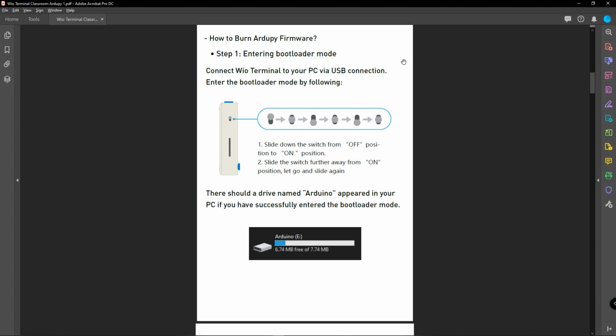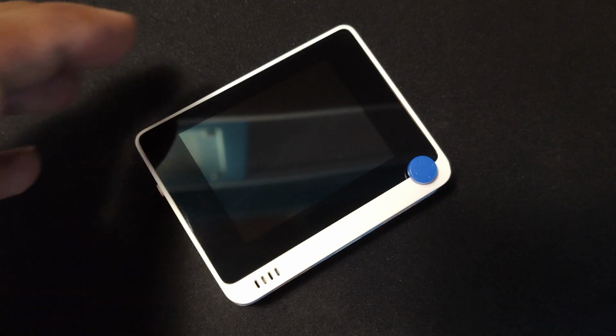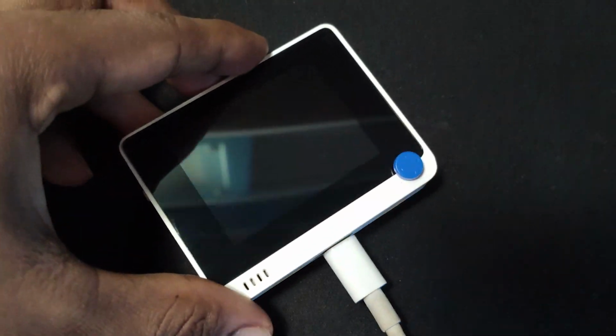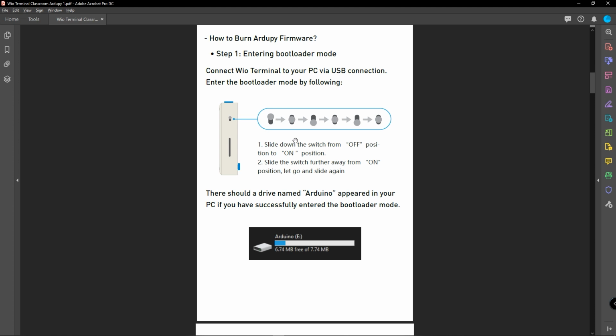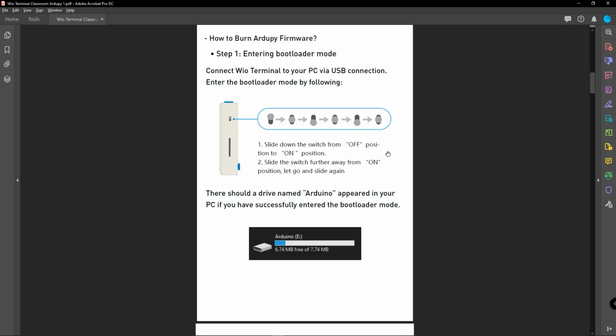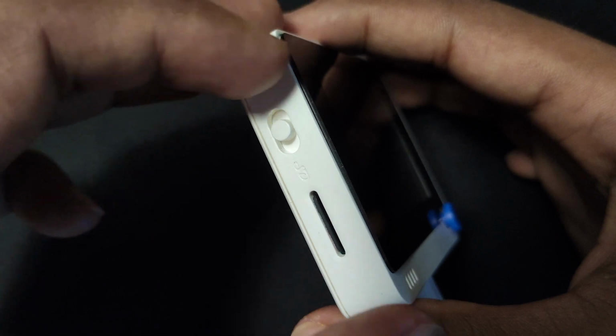To do that, we need to enter the bootloader mode on the Bioterminal. Connect the Bioterminal to your PC via the USB connection and enter the bootloader mode by following these steps. We need to slide down the switch from off position to on position first, and then slide the switch further away from on position, let go and slide again.